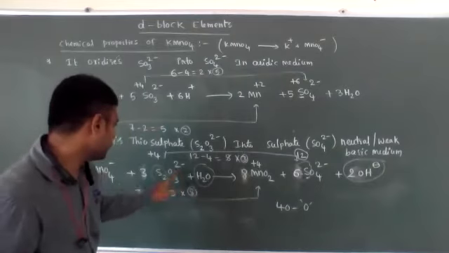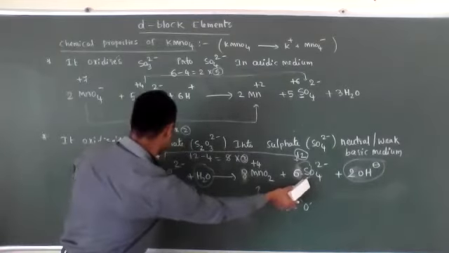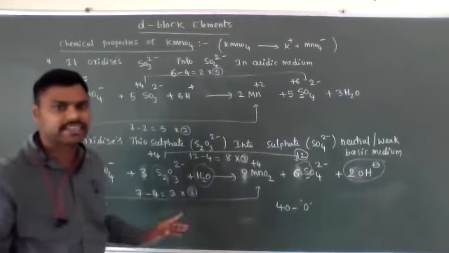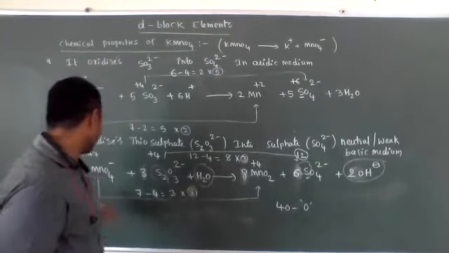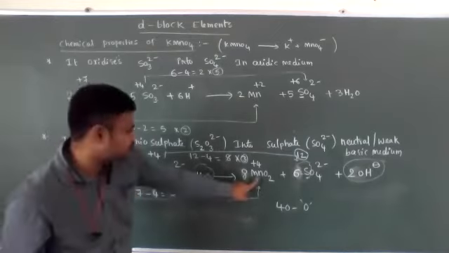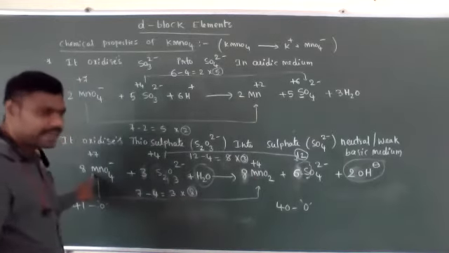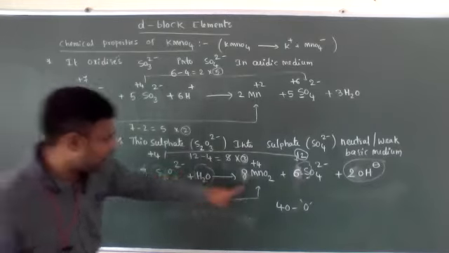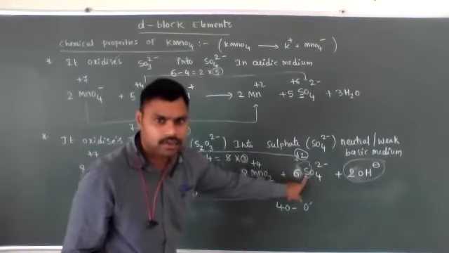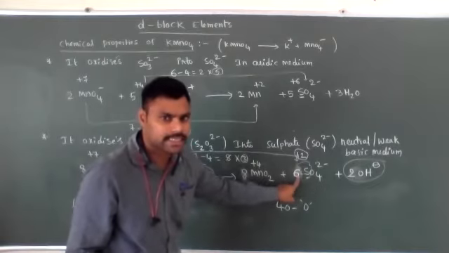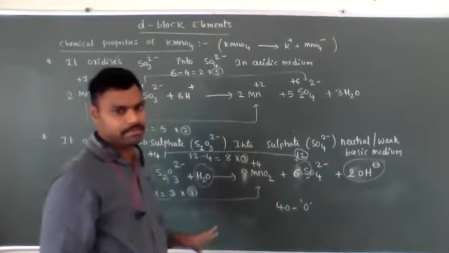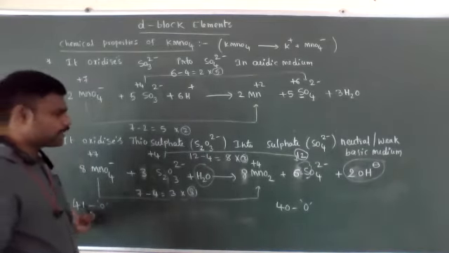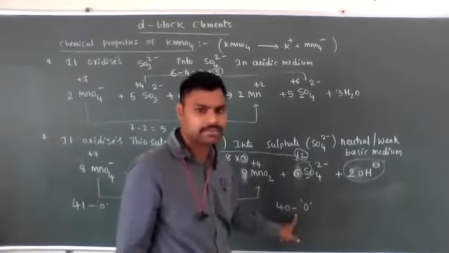That's why this skeleton equation, S2O3 is converted into SO4, I multiply with 3, and MnO4 minus is converted into MnO2, I multiply with 8. Okay, now 3 S2O3 2 minus came. Already 2 is present here, 2 moles. Then 2 into 3, 6 moles of SO4 2 minus came. Next oxygen atoms. This side 41 oxygen atoms are present. This side 40 oxygen atoms are present.